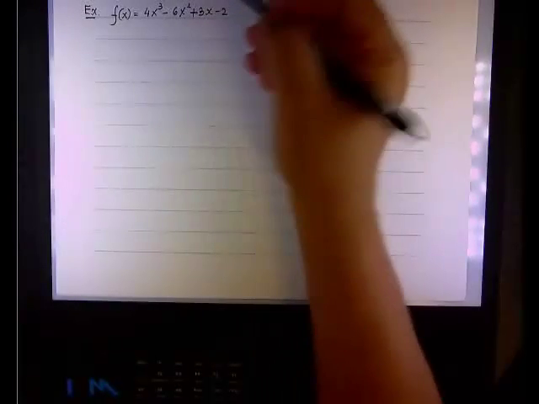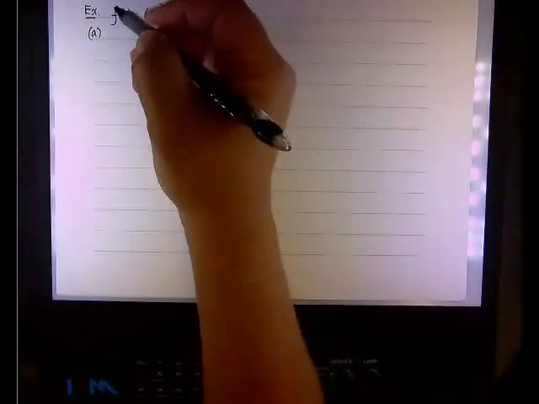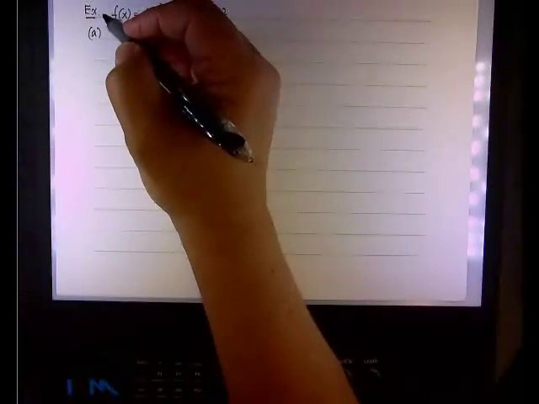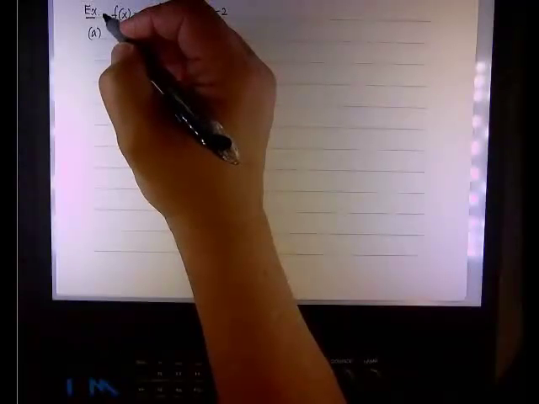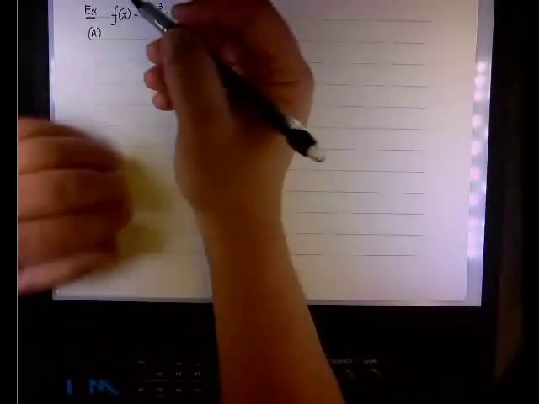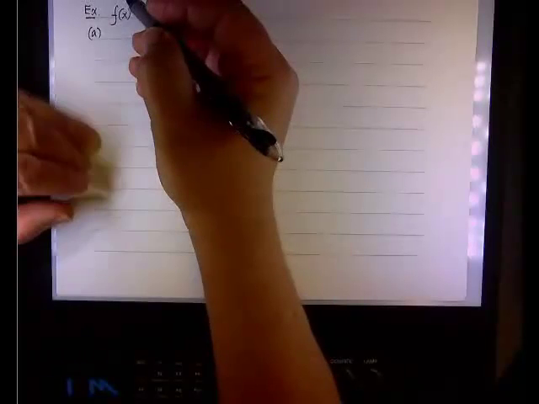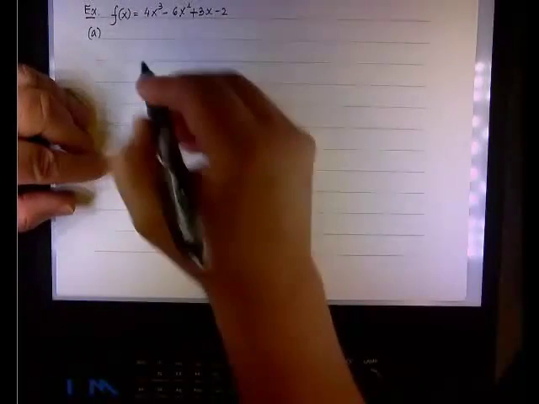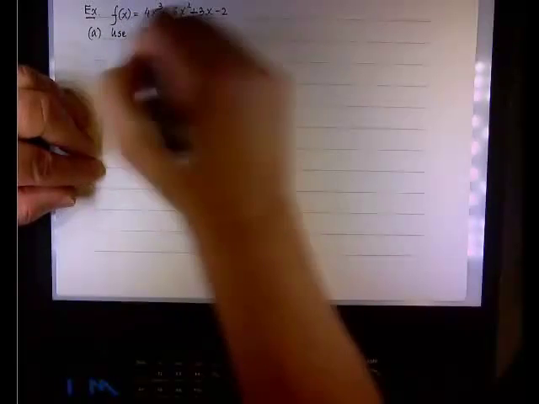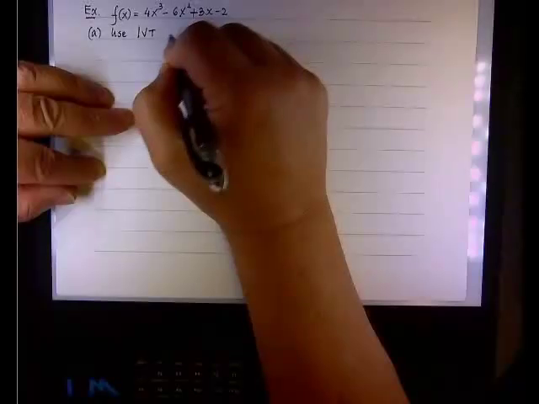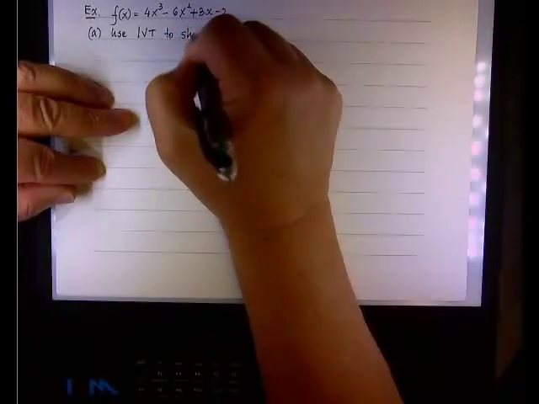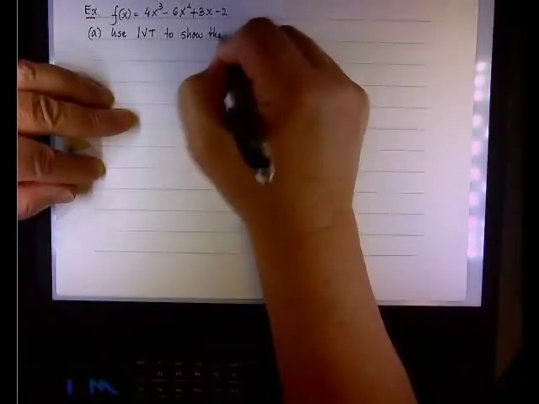We have two assignments here. First of all, we're going to use the intermediate value theorem to show that f of x has a root between x equals 1 and x equals 2. And the second part will be to approximate the value of the root to, let's say, 2 decimal places. So, first, use the intermediate value theorem, IVT, to show, this is not a proof, just to show that